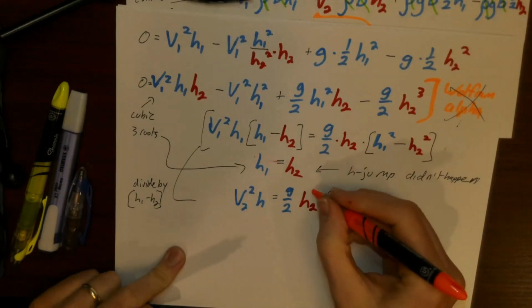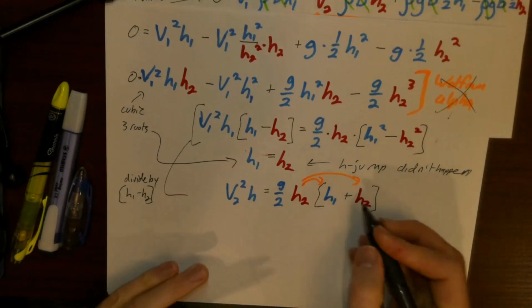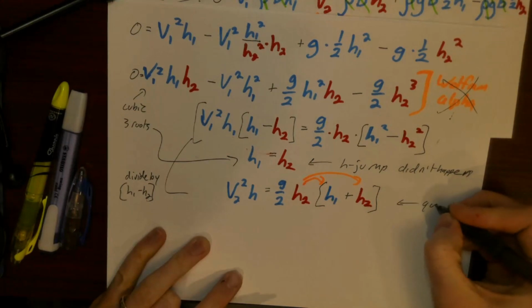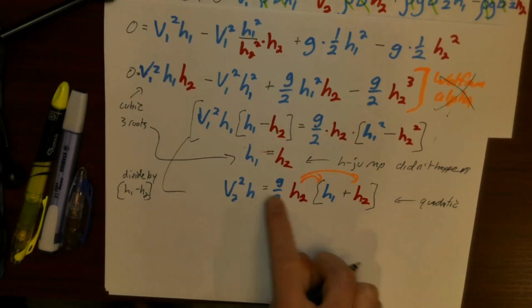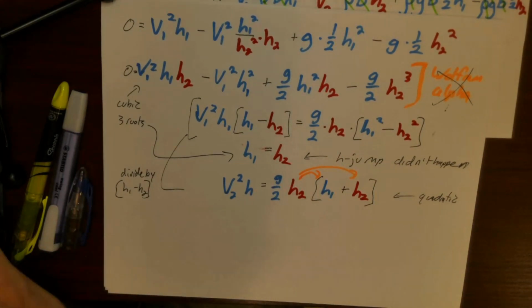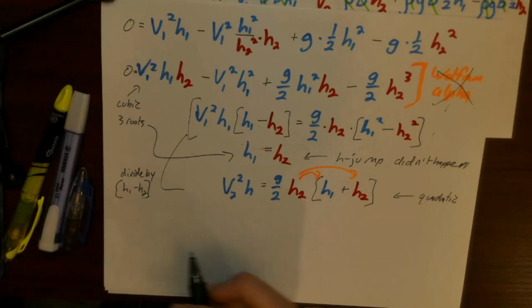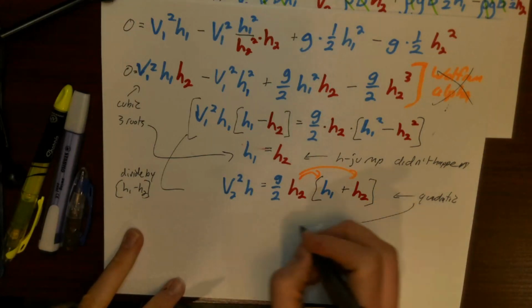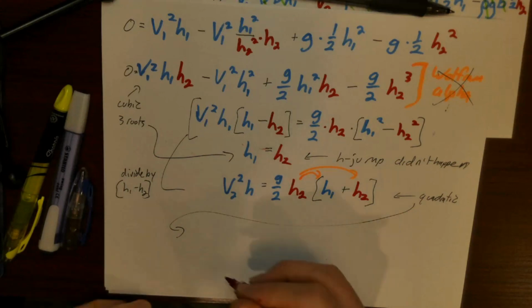And if I let myself distribute the H2 over these two terms, I would notice that I get a quadratic. And quadratics, we could plug this into the quadratic formula to solve for H2. So if you're curious, you could go ahead and do that. And if you solved this quadratic, if you plugged into the quadratic formula and cared about your result, you would get